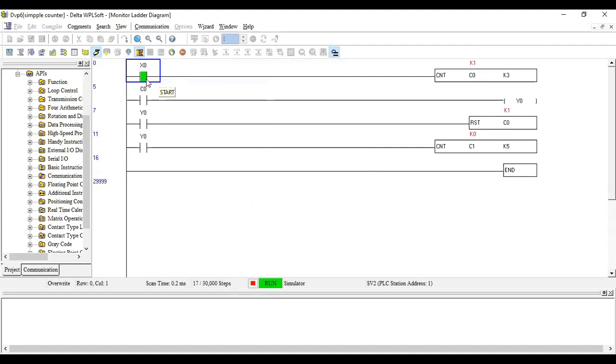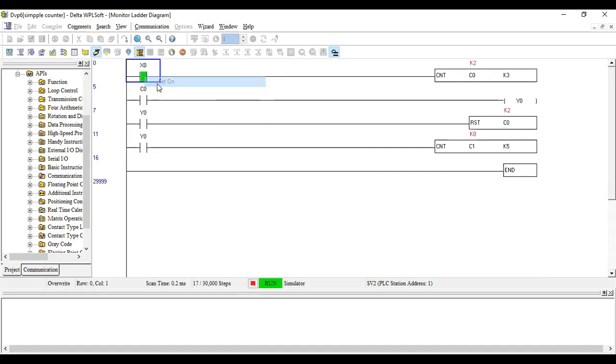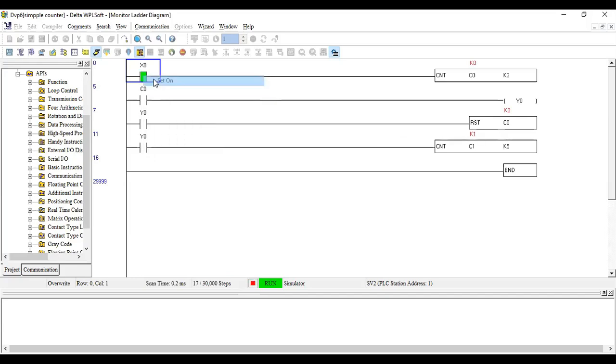So this is the first count. Off. Then we have the second count. Off. Third. Immediately after the third, you can see it is very fast. Immediately on the third count, this was enabled, your Y0 became enabled, and Y1 actually immediately reset. So for that purpose, we'll stop the simulation.